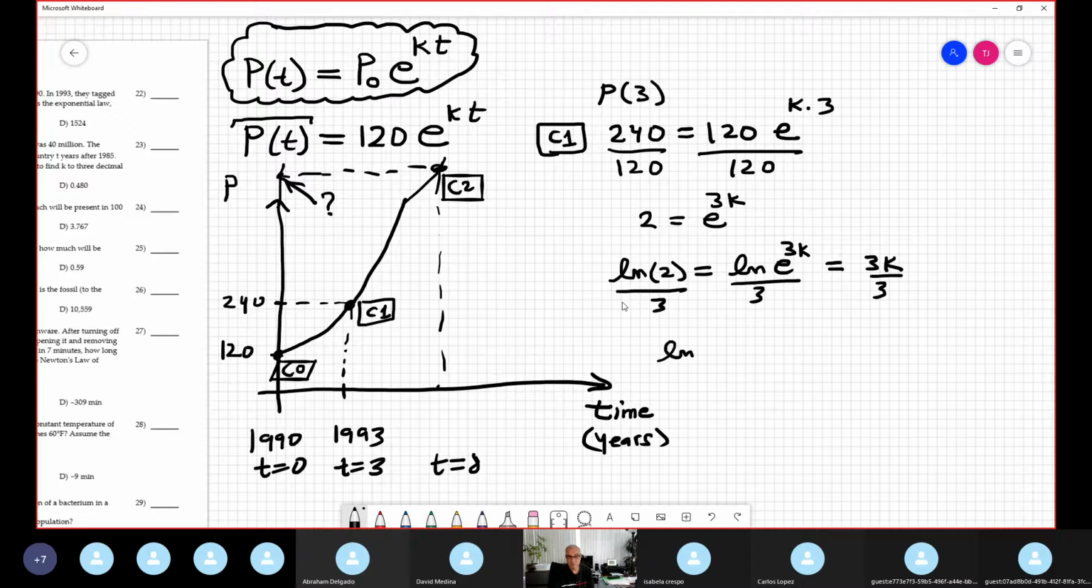It's logarithm of 2 over 3. This is k. You leave it like that if you want, or you put it in the calculator. Remember, you put it in the calculator,